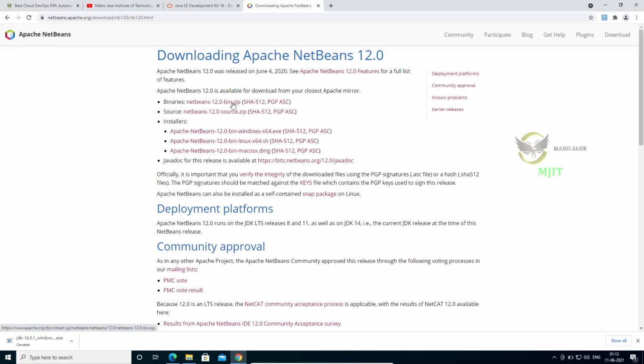One is .zip. The binary will be available in zip format. We can extract it and directly use it. This is for source, as this is an open source project. Anybody who wants to develop Apache NetBeans can download it. We are going to install NetBeans for Windows x64, because currently our operating system is Windows 64-bit. I am running Windows 10. The other options available are Linux and Mac OS, but I am using